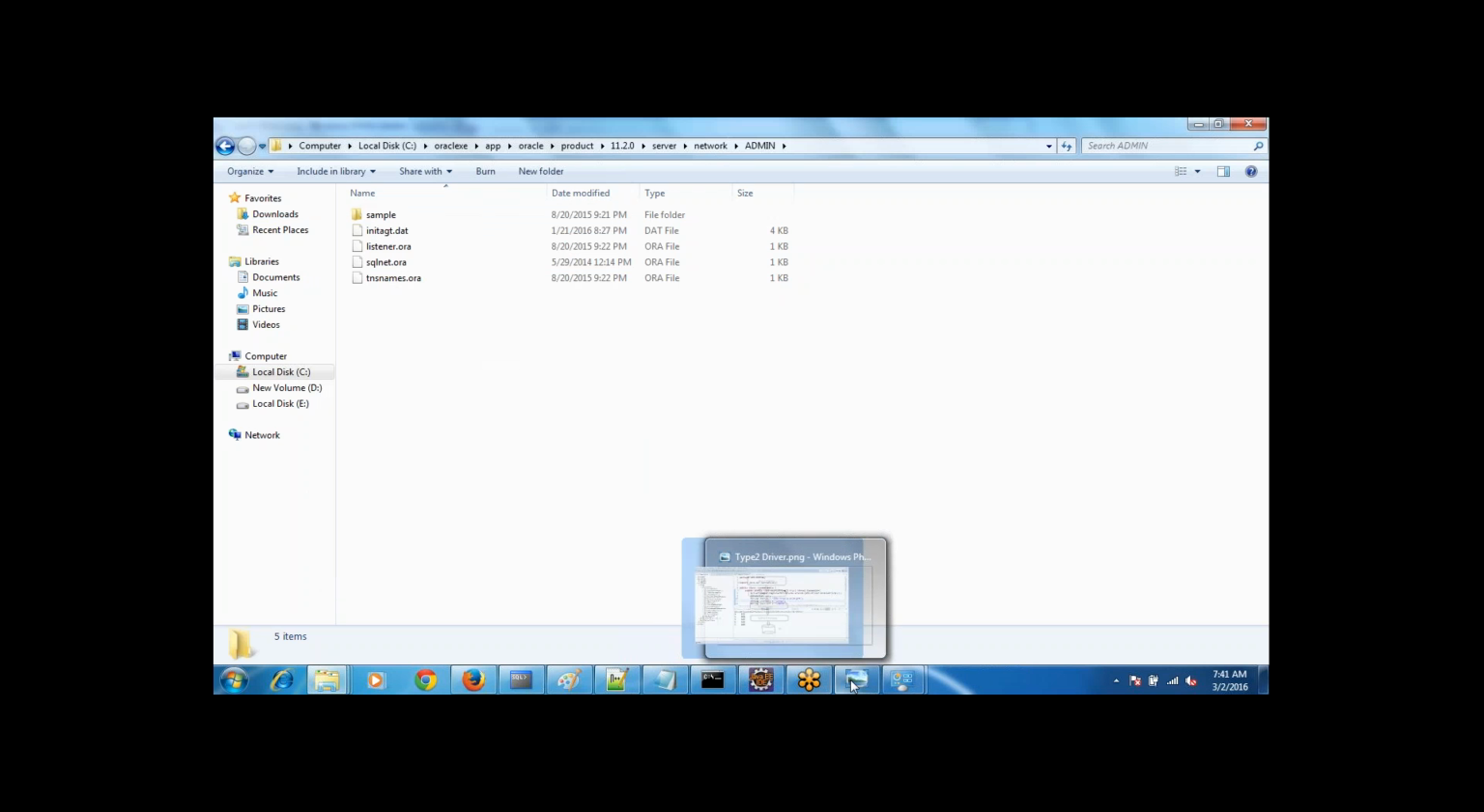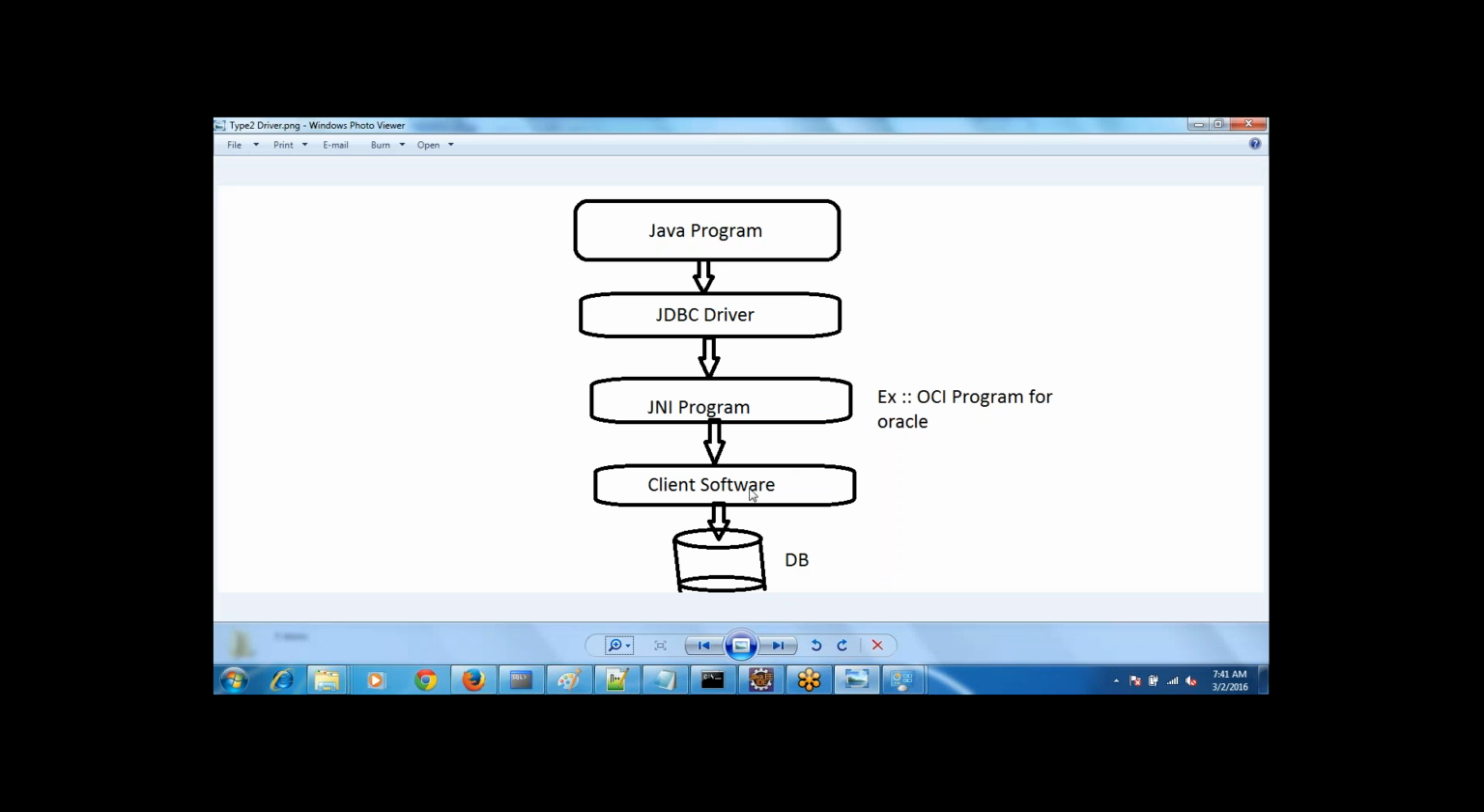Then you need to download the client software. For example, if I have installed the Oracle database, then Oracle database specific client software will be available in the market. You need to download this Oracle database specific client software, and then install the database. All these things have to be done. Once these are done, then